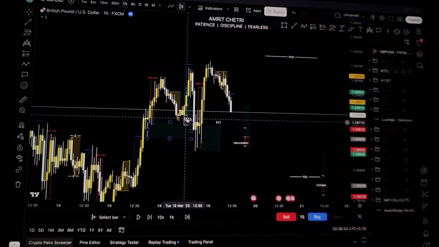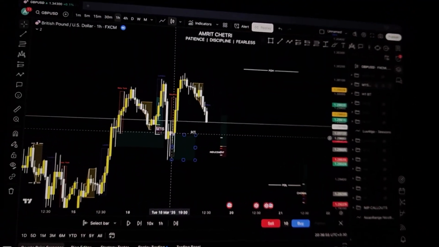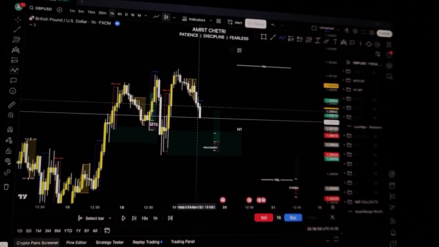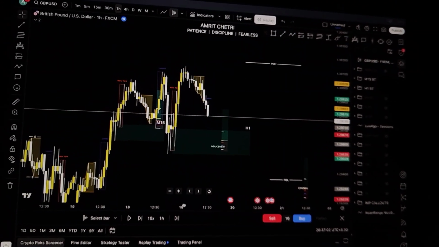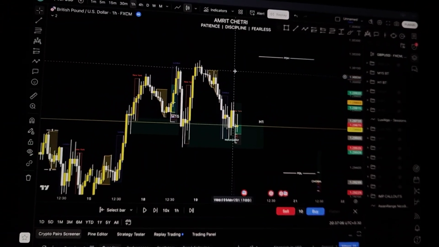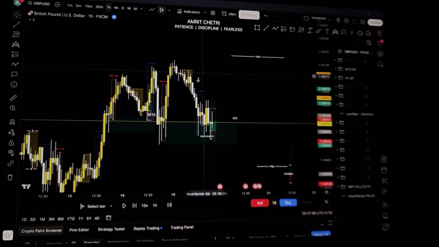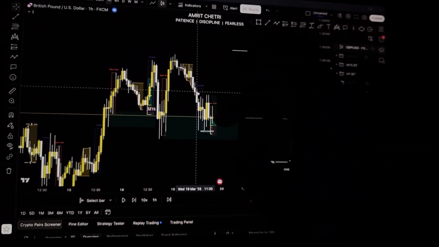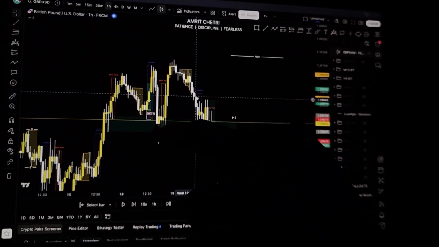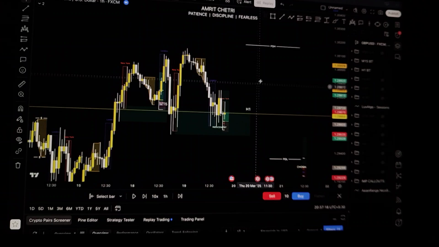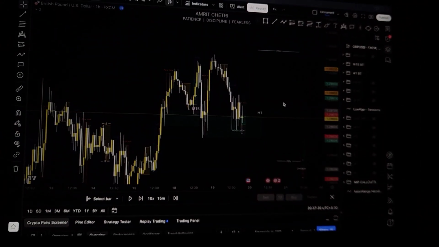So this London session demand zone is not valid because it's already mitigated from this New York session, and I am looking for a buy from this zone made in New York session. And also whenever in this kind of scenario the zone is a bit far away, and the London session went to the downside and the New York session demand zone is there, we tend to get New York session moves.